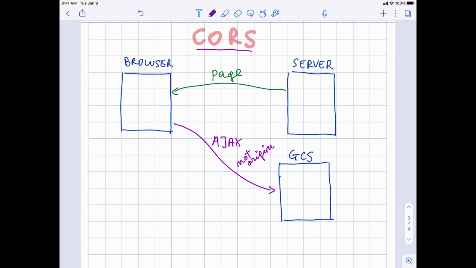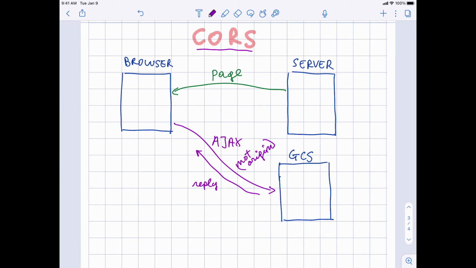The CORS policy means that GCS actually will not particularly care where the request comes from, because it could be forged and funny stuff can happen, okay? So GCS has no real idea. But GCS will get this request, will notice that it doesn't come from its own domain. The browser will inject a header that says, oh, look, this is not an origin request. And Google Cloud Storage will reply with whatever it replies with, okay? So there is a normal reply.